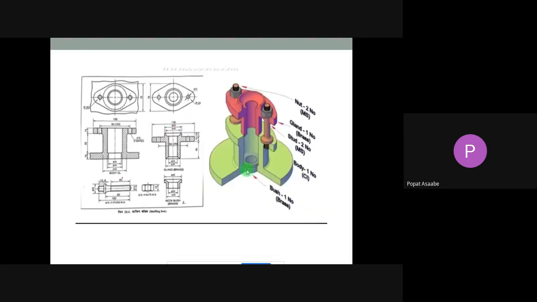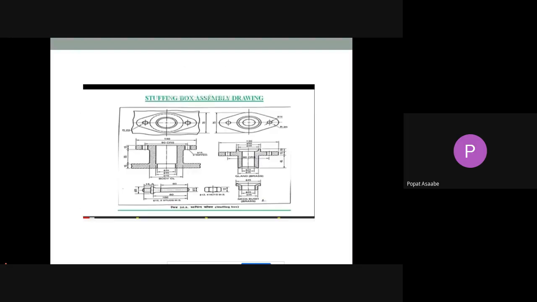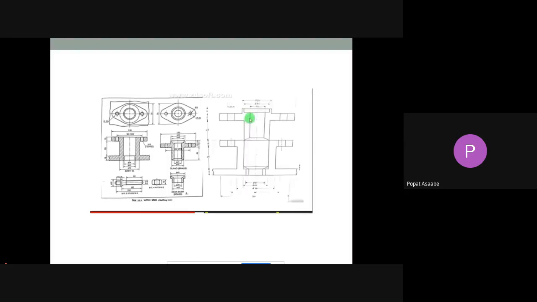See this animation for 3D modeling. See here, this is the body they have given. Then this is the gland, and this is the stud also they have given. This is the bush, and these are the nuts. Also this part we have discussed in that last lecture, and in today's lecture we have covered our next assembly,